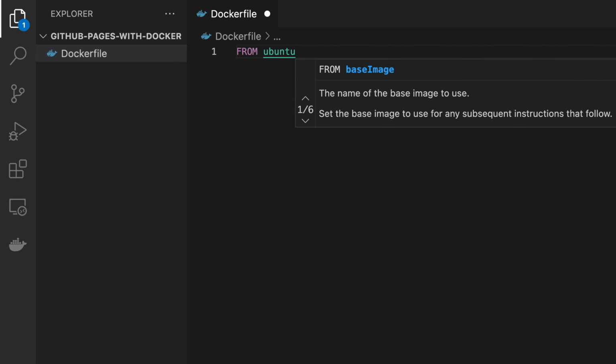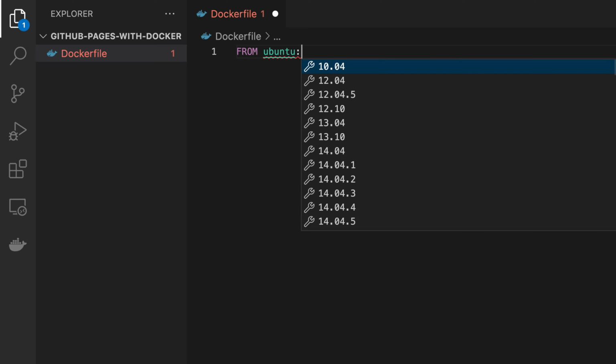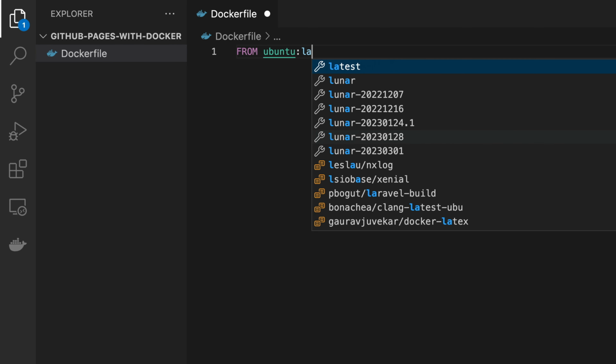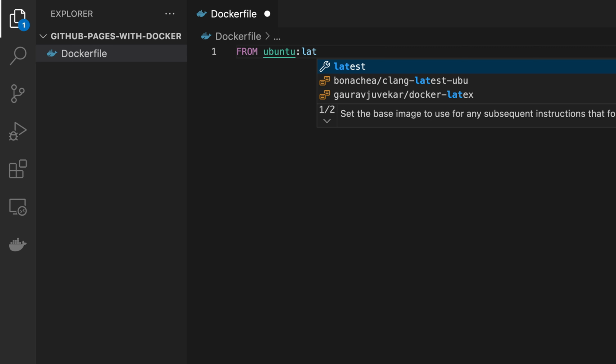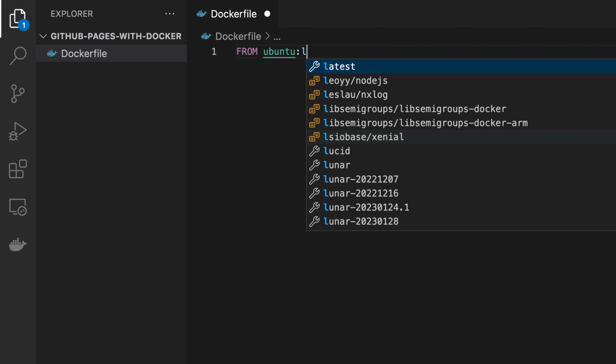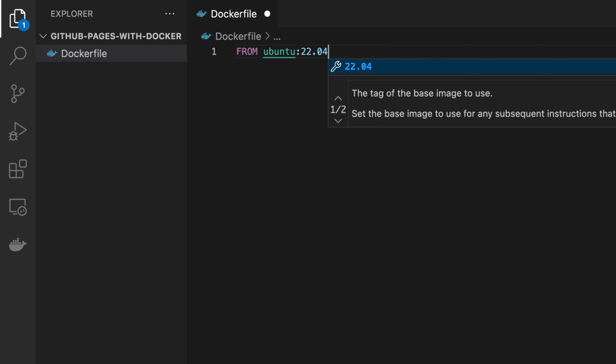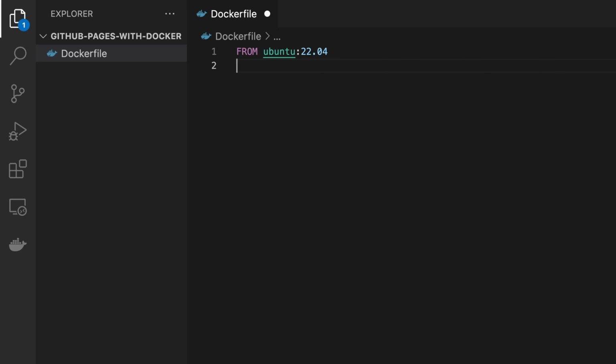And now we also want the specific version of Ubuntu. Now you might be saying, well, Bill, where'd you get this from? Well, I've been doing a lot of research on this, and this is the one I came up with. You could type a colon here and type Control-Space and see all the different versions that are available. You could even type the word latest, and it will always get the latest version. But what I want to do is type 22.04